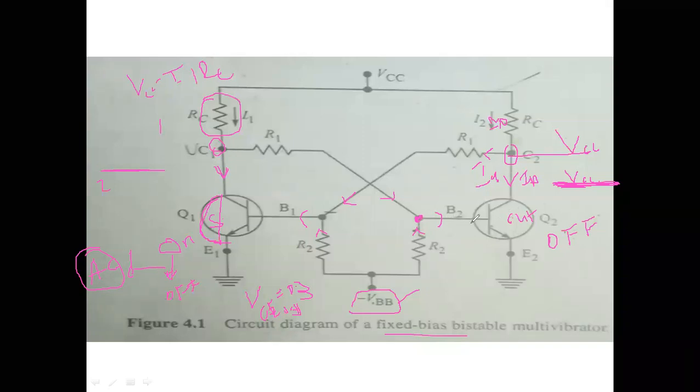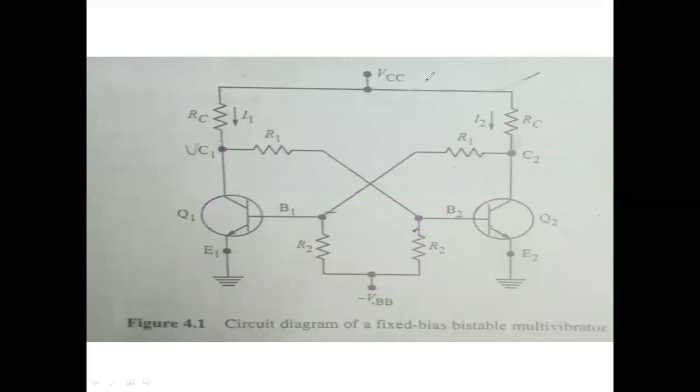If this current is sufficient, it makes the transistor be in the off state or on state. Depending on this biasing current, the transistor will be in the on state or off state. Now our target is to change the state of the transistor. For changing the state, we have to apply a triggering pulse, that means an external pulse to the base of the transistors. In this circuit we have not shown the triggering circuit, but practically there may be a triggering circuit here.